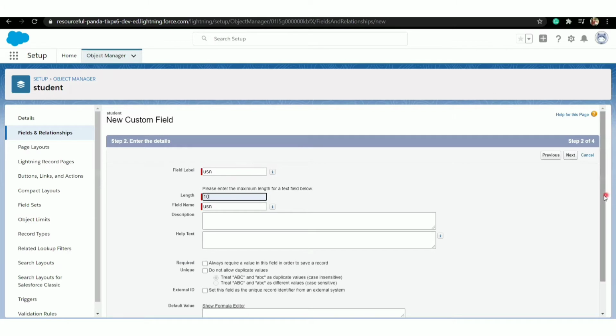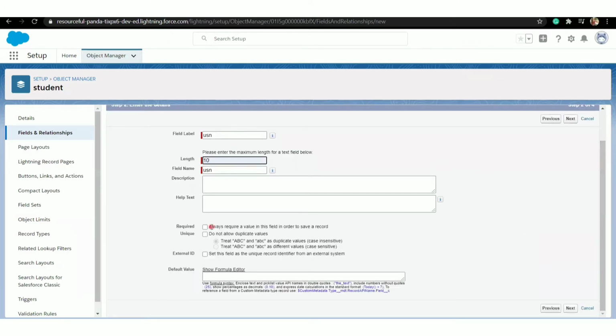So I will mention it as 10, and come below here and make sure that you have selected the checkbox required. And for USN, the USN is something that values will not be repeated. That is, it is unique, right? So here you have to click on unique. That is, do not allow duplicates, and make it as case insensitive. So after entering all these details, so just click on next,